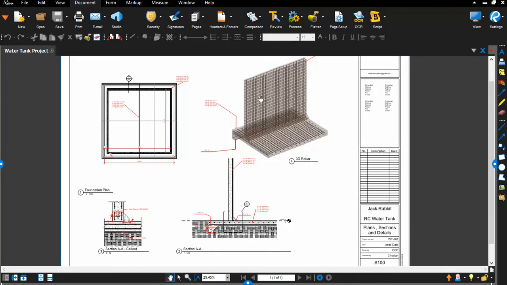If you're adding a cover, then you should add columns to support the cover on top, and also a beam system. What I would suggest you do, you go and create a grid system, add the columns, add the beams, place rebars in the columns and beams, ensure that you have a page that shows all this information, and you should